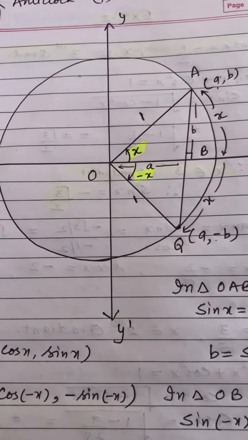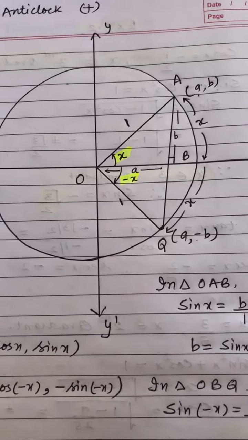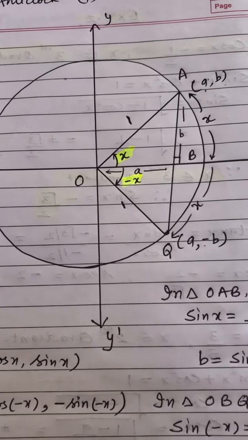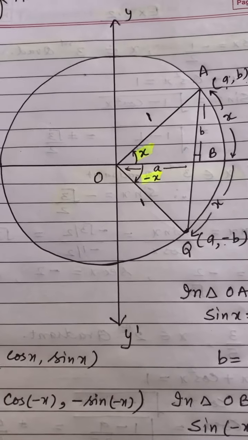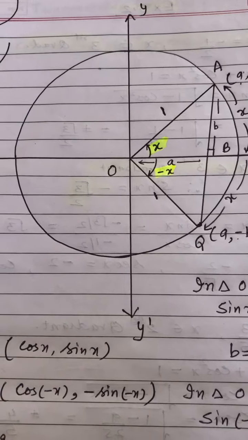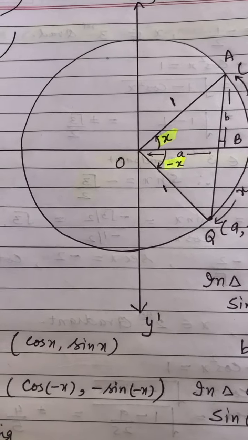Now, before the summer break, we have completed till exercise 3.1, in which we have studied the relation between degree and radian. Today we'll start exercise 3.2, but before that, we should learn some sign conventions for trigonometric functions.